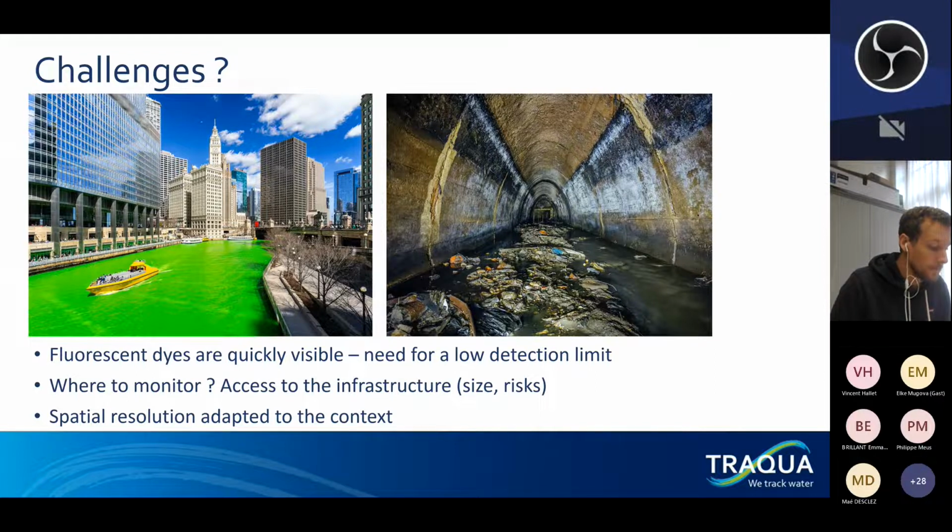And so the final challenge is the spatial resolution. If you only try to answer hydrological connectivity between 2 points, then it is quite easy to have field devices or automatic samplers and lab analysis. But when it comes to tackling the flow behavior, the speed, the variability of hydrodynamics along complex networks, then you need to implement a methodology that is capable of having the spatial resolution you need